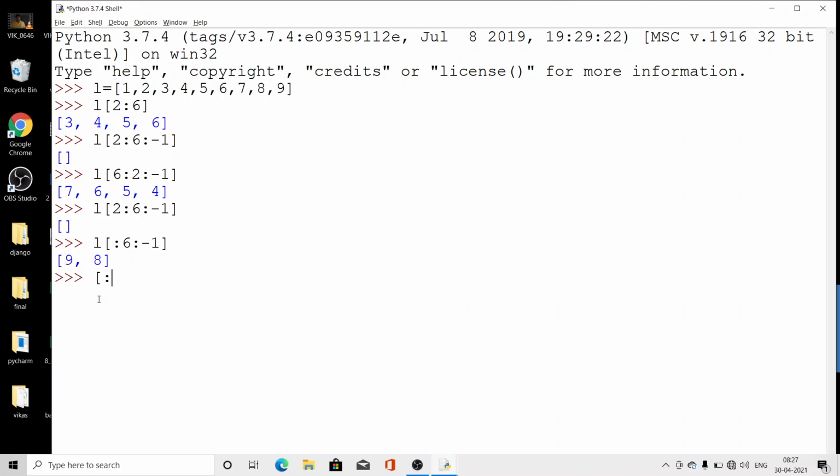If we give only L[:6], it will give the values from 0 index to the 6 index. Clear? Okay. If I give minus 1 onwards, minus 1 onwards means it has to start from here. Clear? Okay.